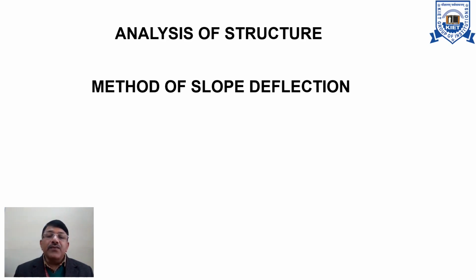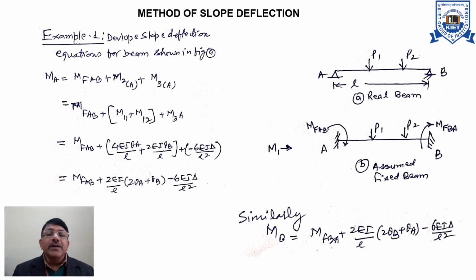noted down. If some settlement of support also takes place, then we'll compute the moment induced due to the settlement of support. Finally, we'll sum all these three moments in the form of the slope deflection equation, and the equations would be solved for the conditions of equilibrium, and then finally the unknown values of the displacement at joints would be obtained. They are further utilized to find out the unknown stress resultants. So the entire process would be made clear by some 2-3 examples followed here.